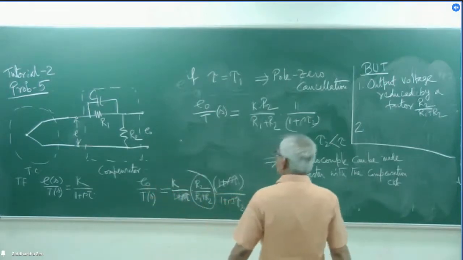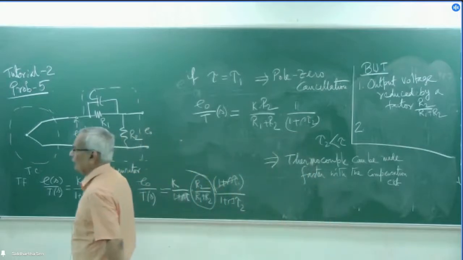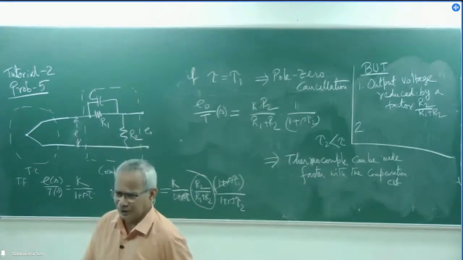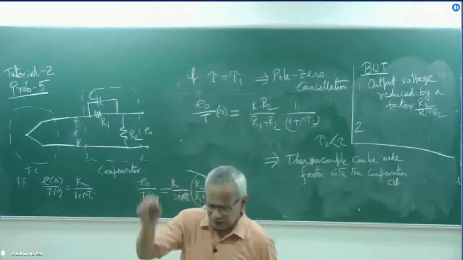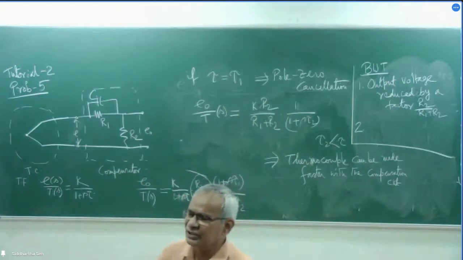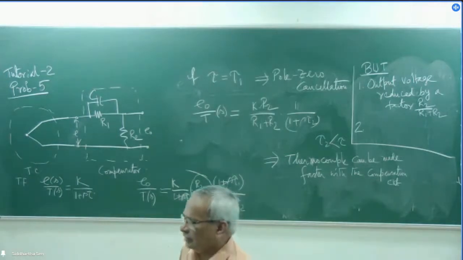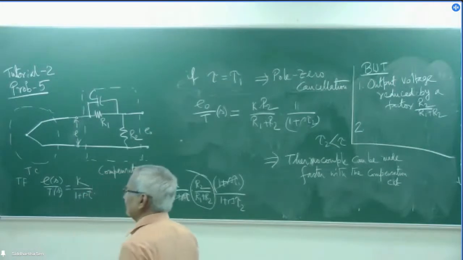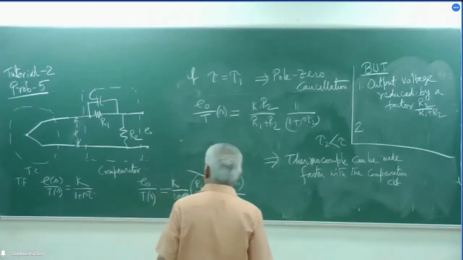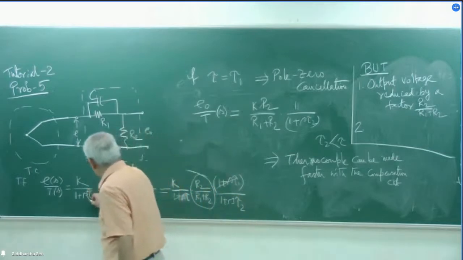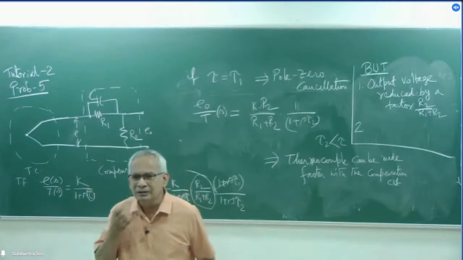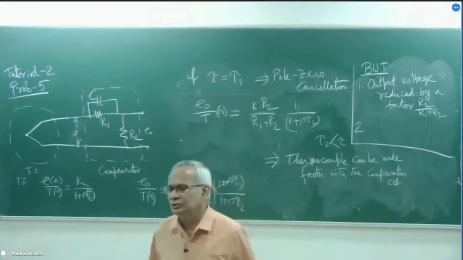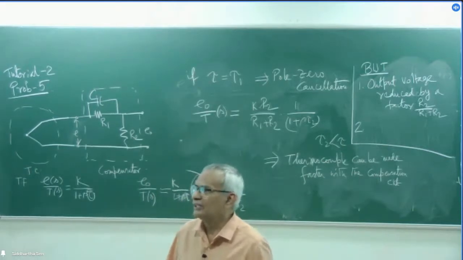I can say, because of the thermocouple time constant, how do you measure the time constant? You measure it by carrying out some experiment. Suppose you simply dip it and note down how the voltage changes, and from there you approximately find out the thermocouple time constant. But there may be some error in this measurement. So there may be some uncertainty in getting the thermocouple time constant. Also, sometimes over recurrent use, the thermocouple time constant may change.